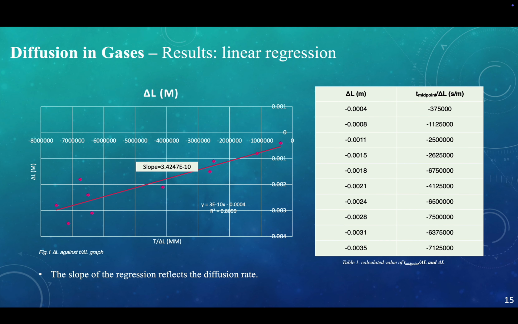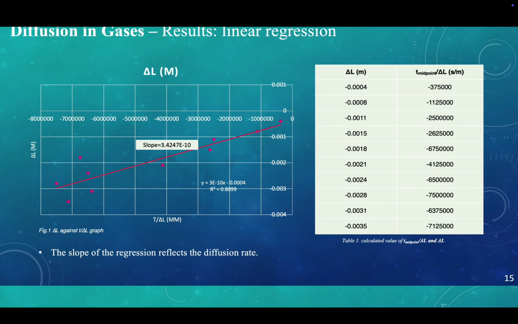The graph illustrates the linear relationship between the change in acetone levels and the difference quotient, which aligns with Fick's law of diffusion. The regression line shows a strong correlation, indicating that the diffusion process is consistent with the theoretical expectations. The slope of the line reflects the diffusion rate, which helps determine the diffusion coefficient and quantify the